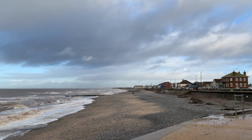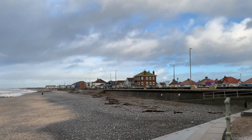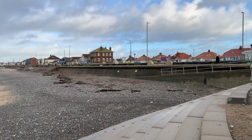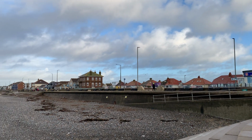So this is where we still call them the new sea defences. They've been finished about 10 years. This is where the new sea defences end, on this corner. And Rossall Beach carries on along here